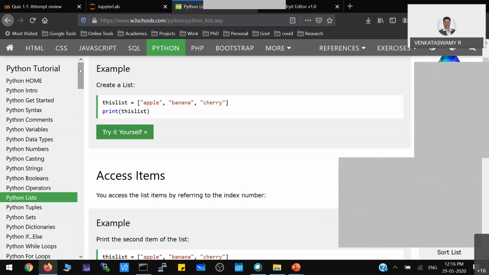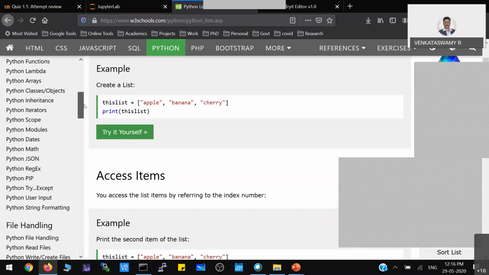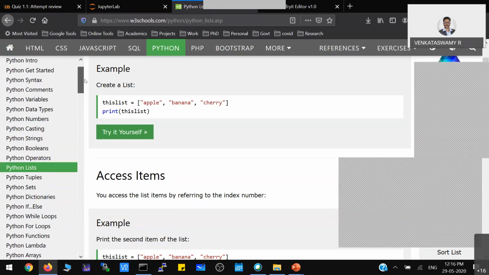So if you cooperate and learn all these basics from W3 Schools, that will definitely help you to understand Python very well. Also, a good number of videos are available on the net. But I feel if you go through this tutorial for 1 or 2 hours, then you can understand the basics, because you may have C++ or Java or C concepts, like what is a data type. Everything here is the same.